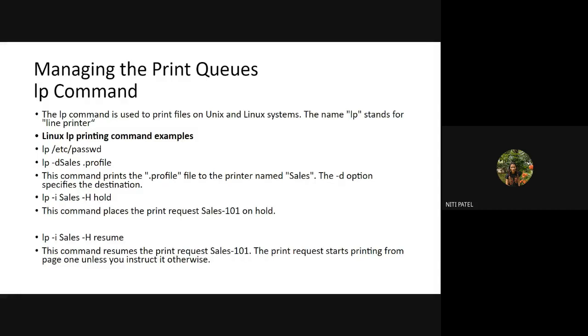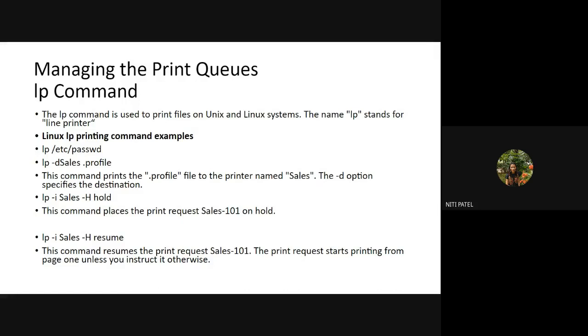If I want to print any document, I make use of the command lp and specify the path of the file. So when I give the command lp /etc/passwd, what is it going to do? It will print this password file which is inside the etc directory. And how will it be printed? It will be printed with the help of the lp command, that is, line printer. Now, when I specify -d over here, or option d, whatever I write next to it is nothing but the name of a particular printer, followed by the file which is going to get printed on that particular printer.